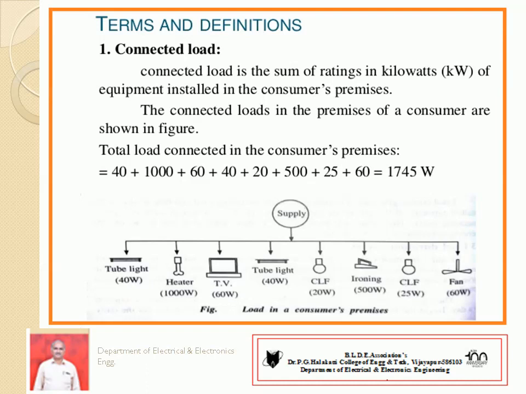All loads are connected in parallel to the single phase AC supply. Then the algebraic sum of the ratings of all equipments gives the total connected load. You can see how many tube lights there are, how many TVs there are. You go on adding all those things, and it is going to come